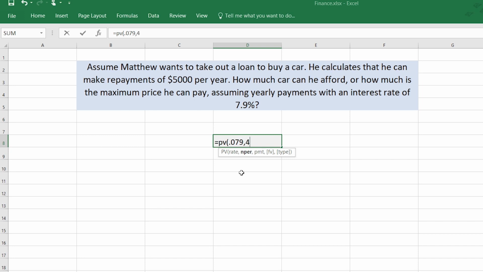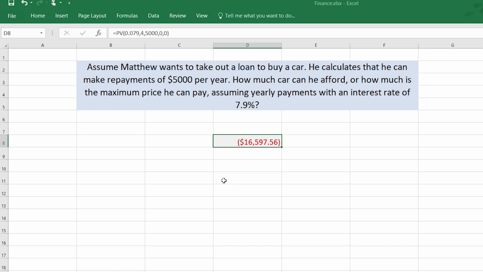Put in an NPER of 4, since there are 4 periods, i.e., years, in the loan. A PMT of $5,000, or negative $5,000, if you want a positive answer. The FV is 0 and the type is 0, as in the previous demonstration. Excel quickly gives us an answer of $16,597.56, which can be rounded to